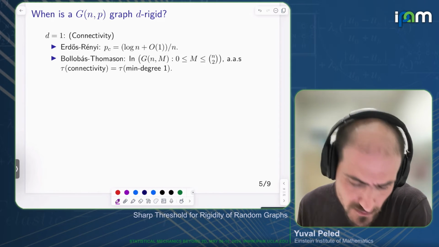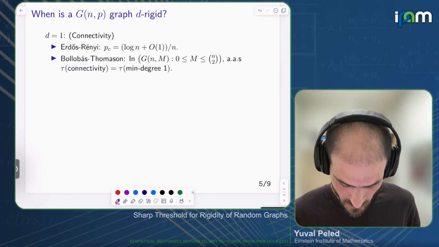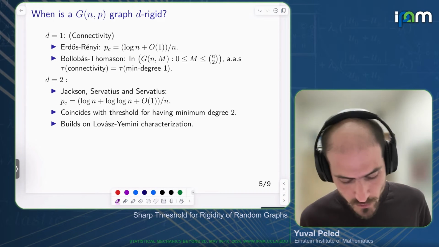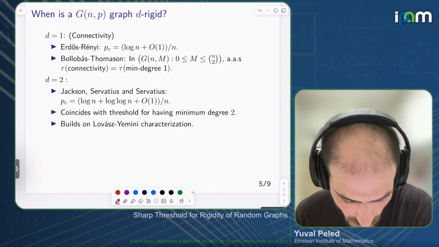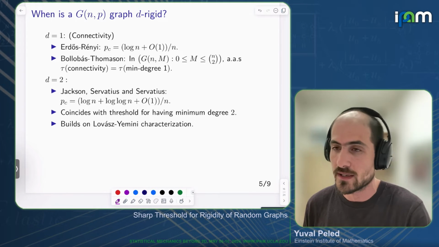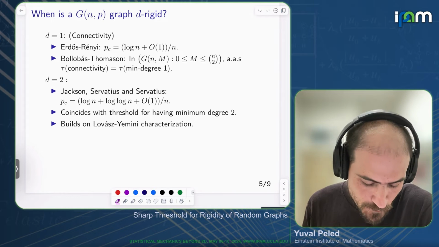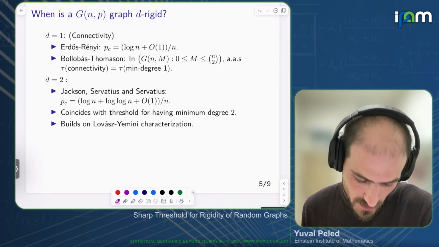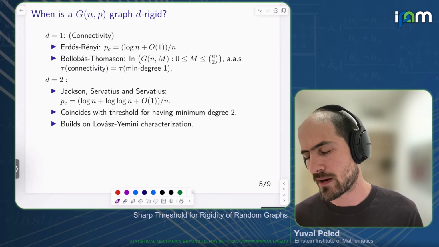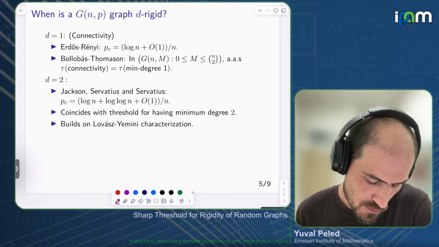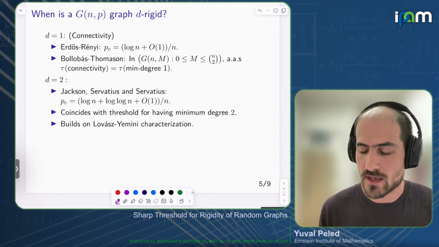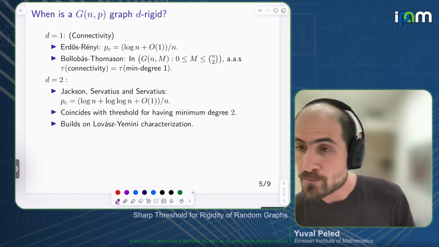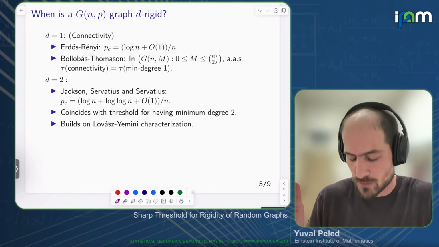So this is a classical result for d equal to 2. Sorry. So now we are in the two-dimensional case. Based on the characterization that I briefly mentioned of Lovász and Yemini, Jackson, Servatius, and Servatius found the exact behavior of the critical probability, the sharp threshold probability of two-dimensional rigidity, and it coincides with having minimum degree 2, and it was based on the fact that we understand two-dimensional rigidity